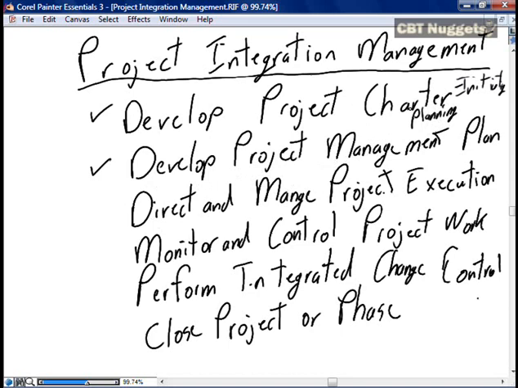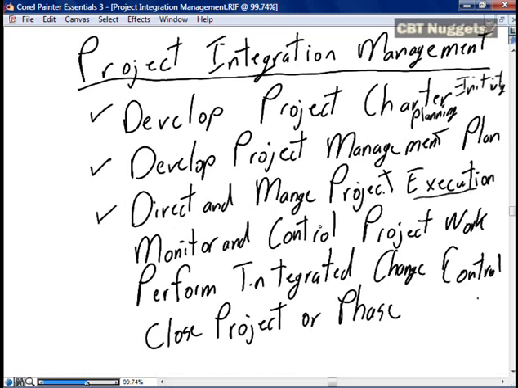With the charter and initiation complete and approval to proceed, we move into the project management plan, which is planning. With planning complete and the project management plan approved, we move into project execution, which is our next aspect for project integration management, which is direct and manage project execution.